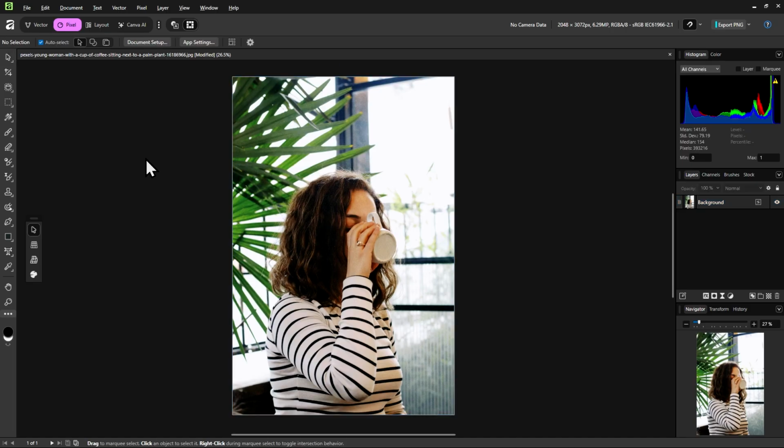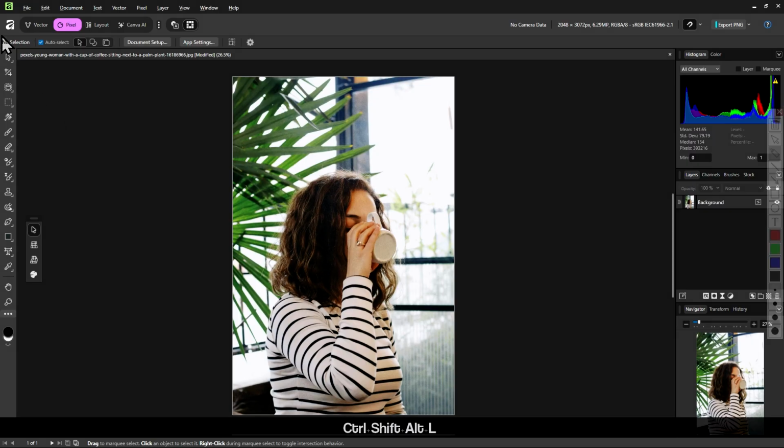Once you have opened up the image, then you will be taken to this user interface where you can start editing and working on your image. For now, let's just make sure that our user interface, or our UI for short, is the same.